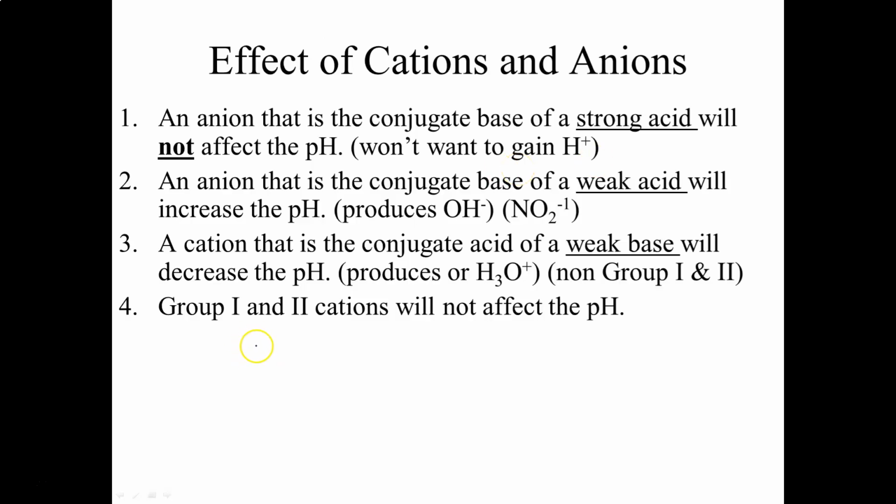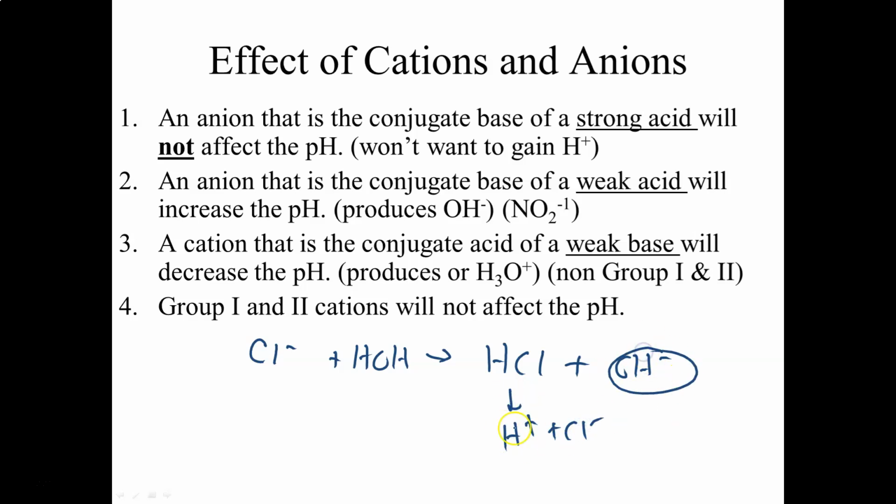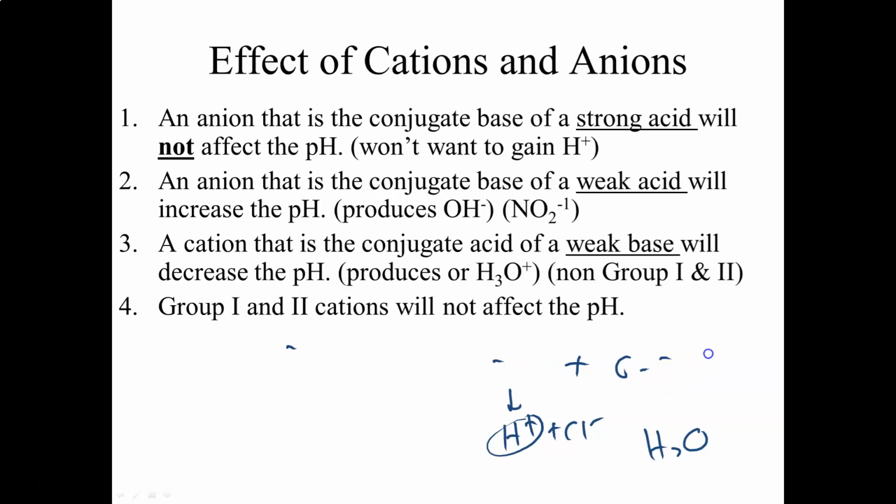If you go back to Cl minus, you're going to make HCl plus OH minus. Well, remember, HCl is a strong acid, so it looks like the Cl minus will attach to this hydrogen and make HCl, but immediately it's going to dissociate into H plus and Cl minus, and you still have OH minus and H plus to make water. So there's no way this hydrogen and this chloride are going to come back together,